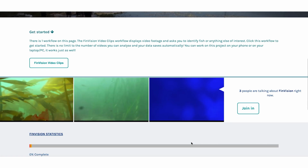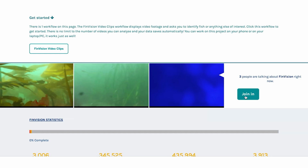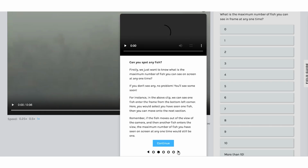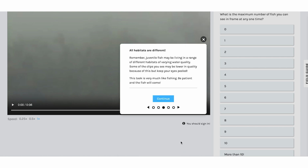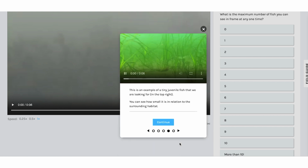And also we've developed a web portal. We're working with the public and the recreational anglers to help us analyse this footage, to widen participation and really bring the marine underwater world and this question of habitat quality into people's living rooms so they understand why it's so important. So what we're looking to focus on as a project is building these cameras to try and monitor